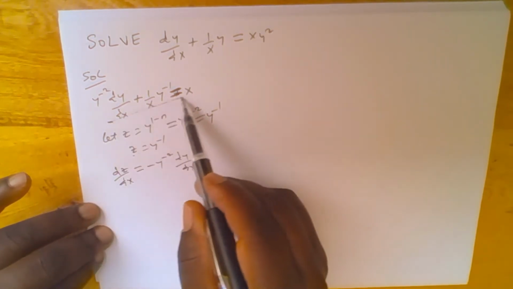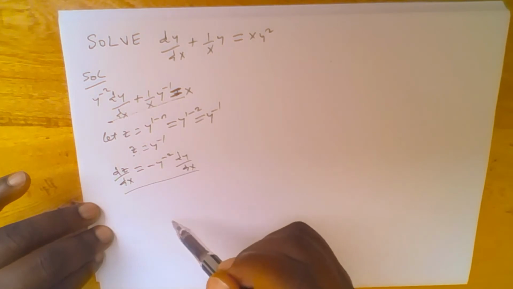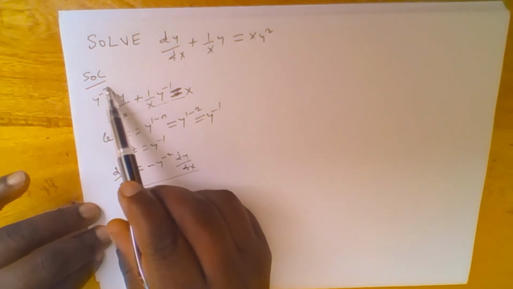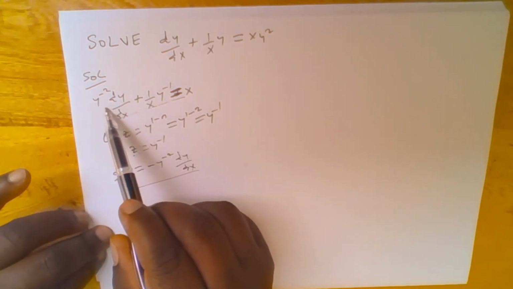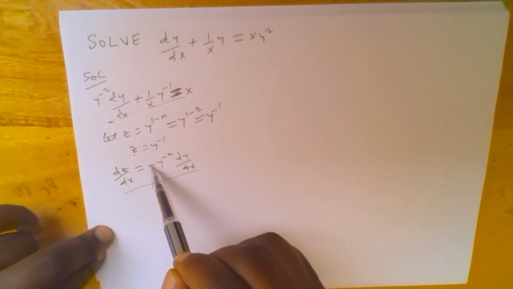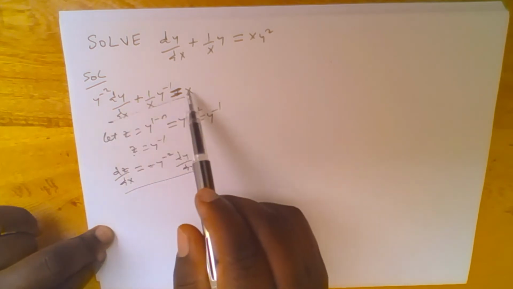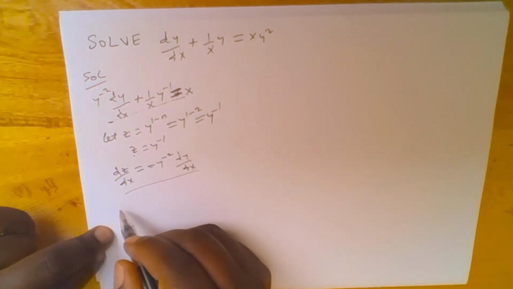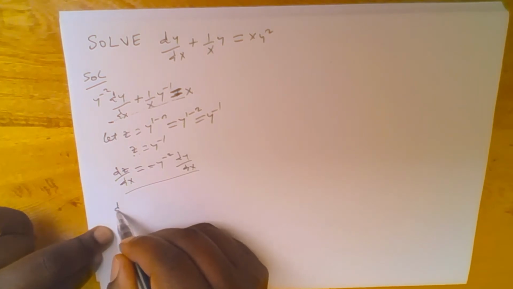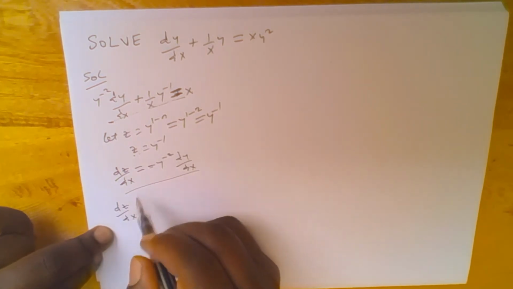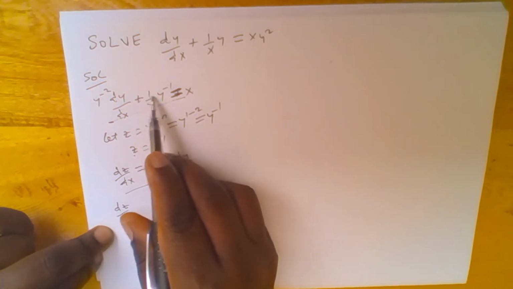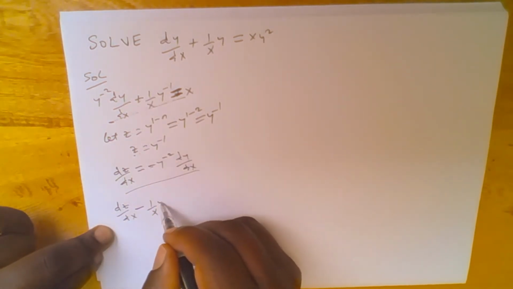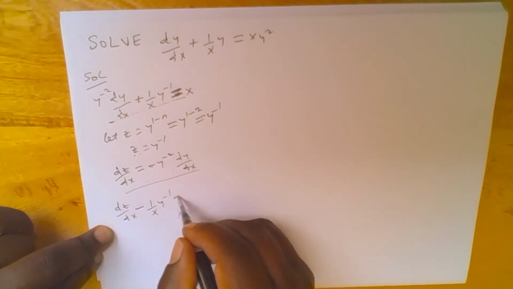Now compare this equation and this one. You realize that this is dz. The only thing lacking here is the negative sign. So we can multiply through by negative 1 so that we make this one dz. Therefore, the equation becomes dz dx times negative 1, so we have minus 1 all over x, y raised to negative 1 equals negative